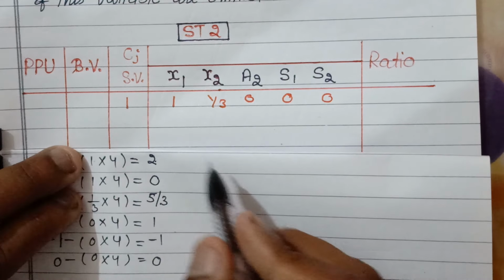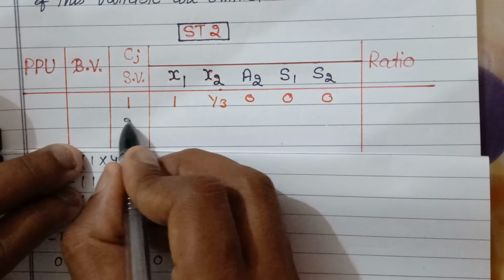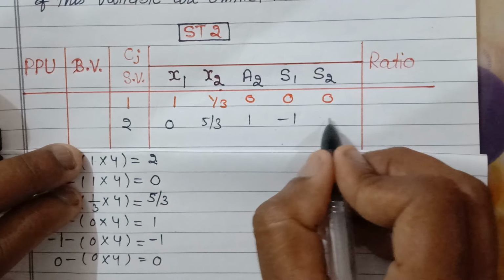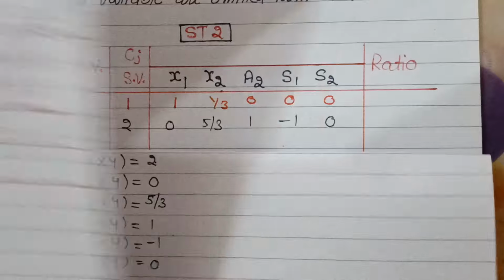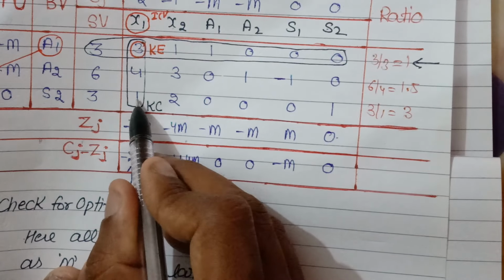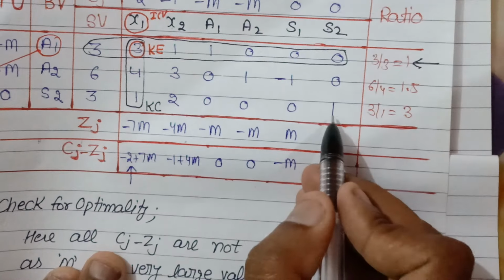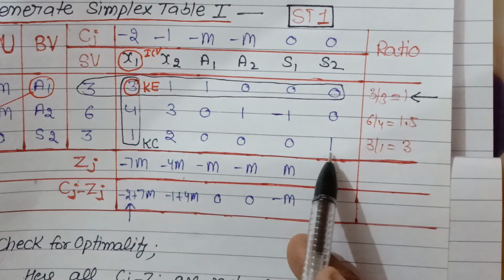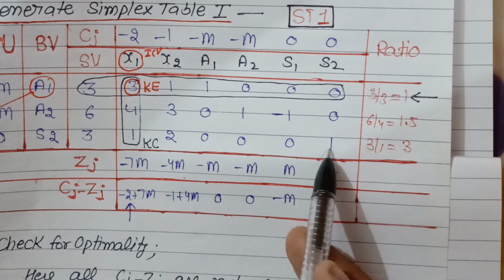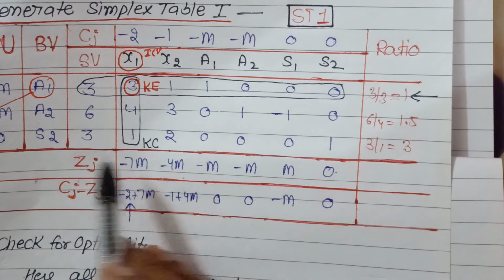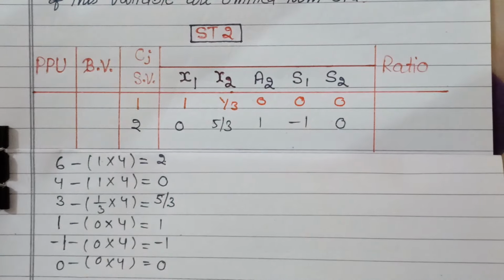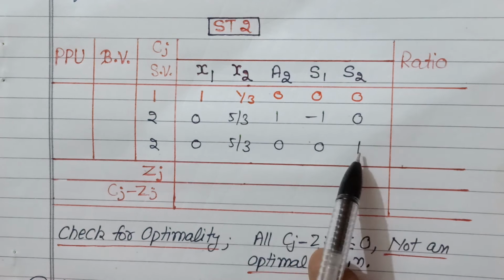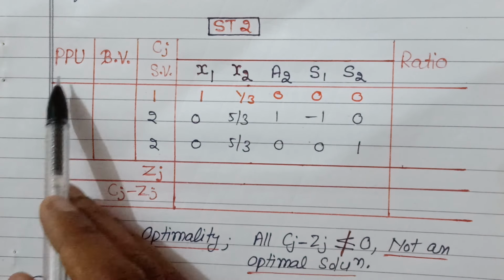Okay, so writing these values in the simplex table 2 in the form of a row again: 0, 2, 0, 5 by 3, then 1, then minus 1 and 0. Again, if you follow the same method for making this one 0, you can generate the new row for the simplex table 2. Okay, so after performing the proper mathematical operation, we have also found the value of this row. So let us write them as they are in the simplex table 2. We have solved these values and written them here. Okay, so all these rows have been converted. Now we have to write the values of BV and PPU also.